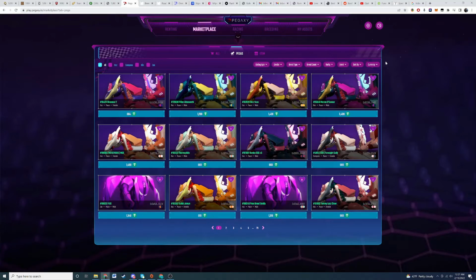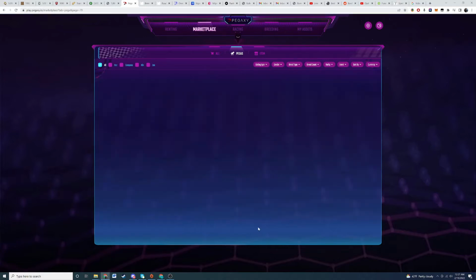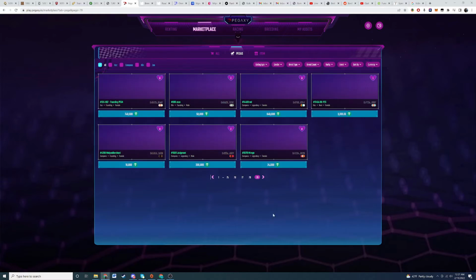So a pretty robust filtering system, including currency, price, low to high, all the stuff that you would want. Basically, looking at these, the cheapest Pega, if you want to purchase it, is this one's $884. There's 80 pages of them for sale. If we go to the very most expensive ones, yeah, we've got one here for $200,000, one here for